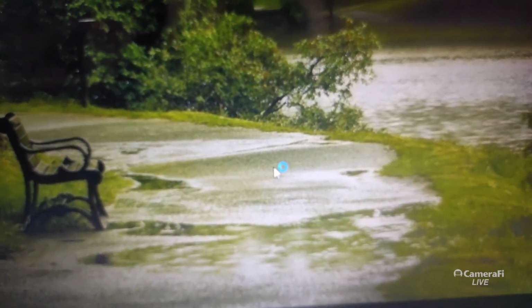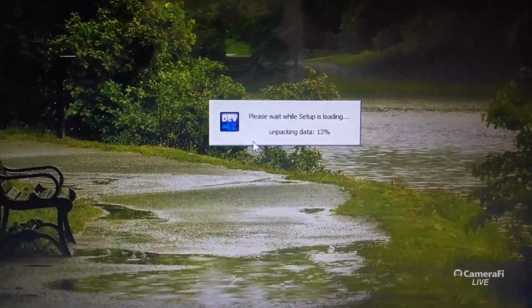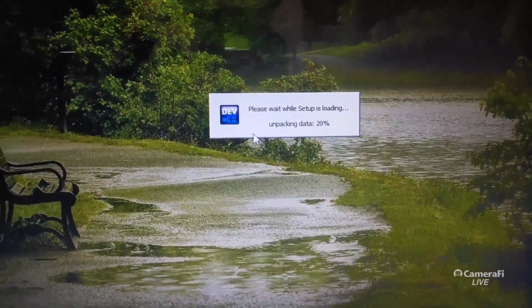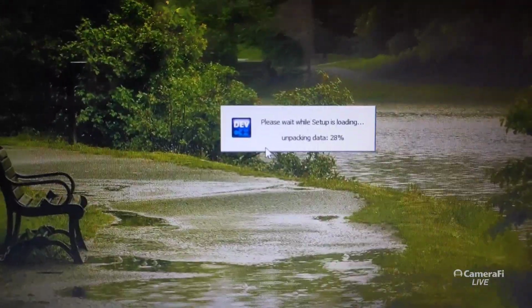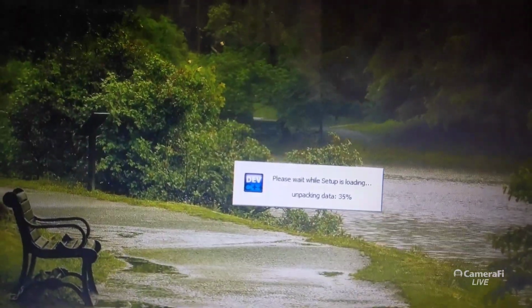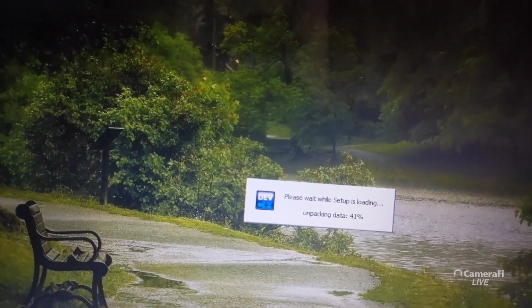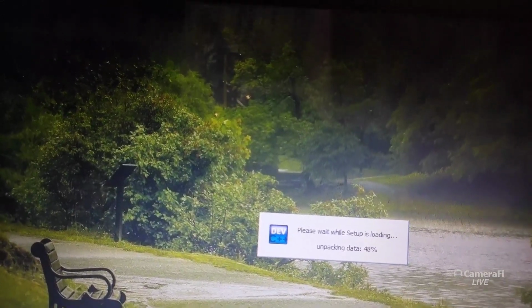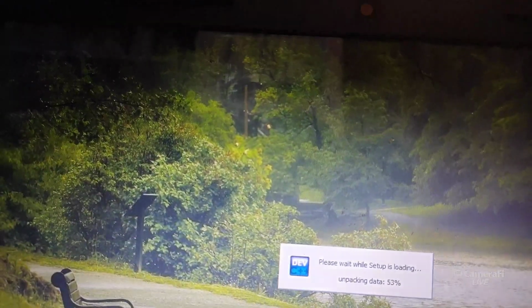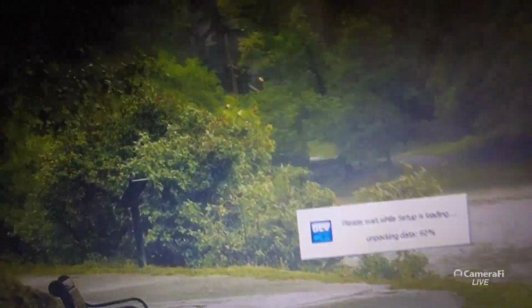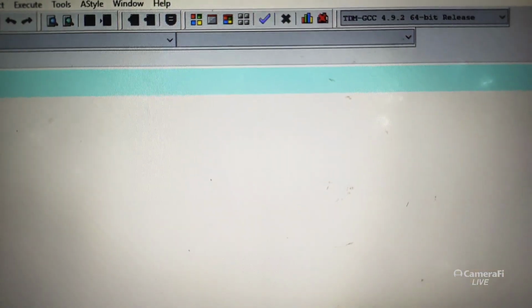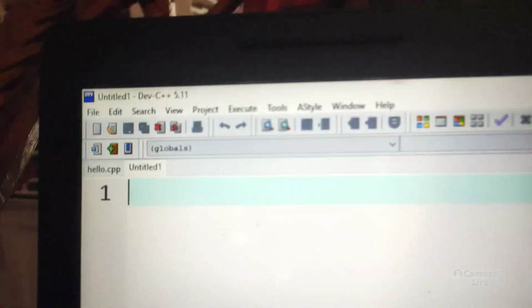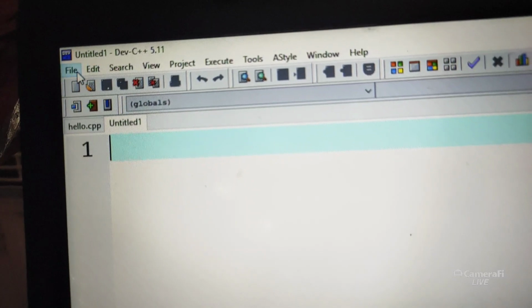In your system, one window will come. So like this it will be extracting the file. Okay, so after 5 minutes you will get something. So finally we get a window like this.